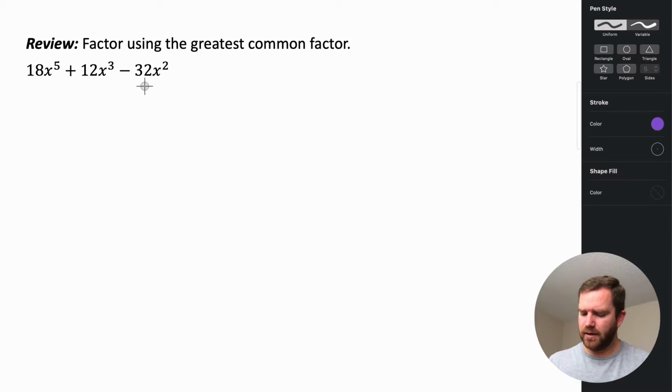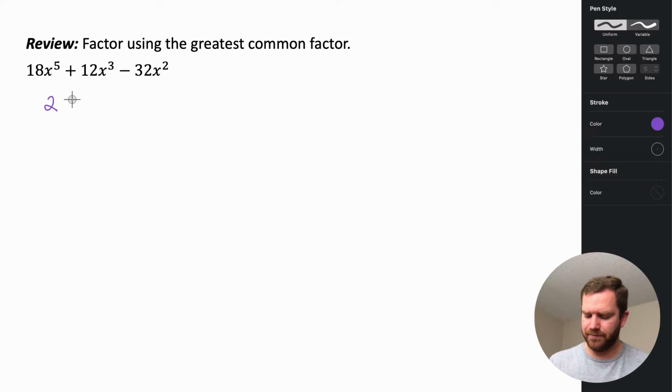To find the greatest common factor, we need to look at each of our terms and determine what numerical value goes into each of these evenly. So what's the biggest number that all of these can be evenly divided by? Now, all of them are divisible by 2 because they're all even. These two are divisible by 6, but 2 is actually going to be the biggest number that goes into all